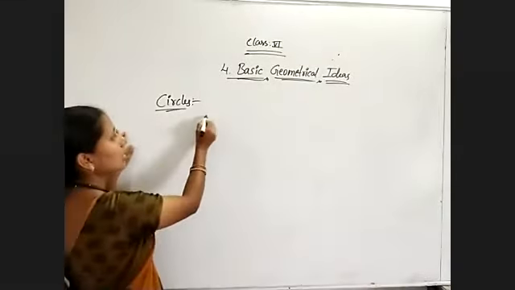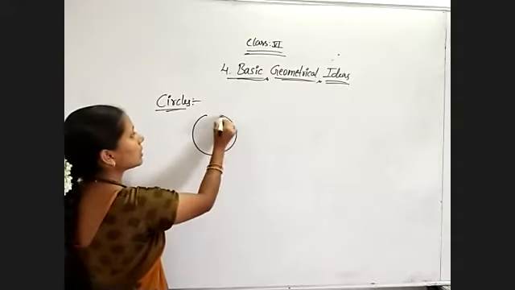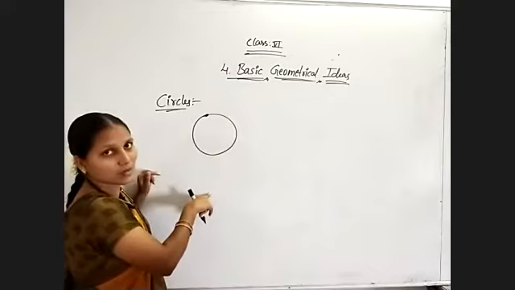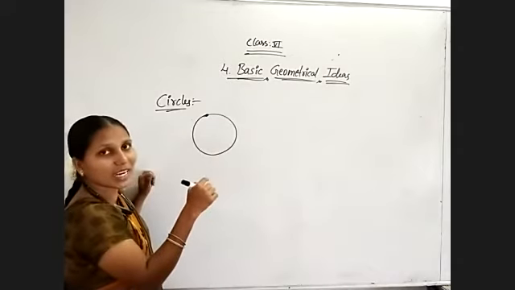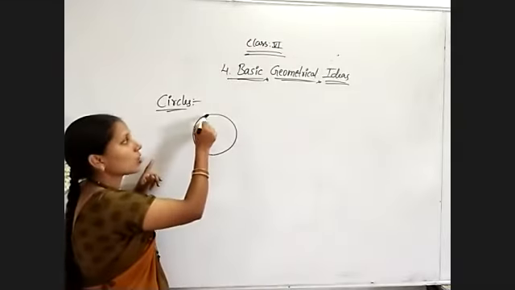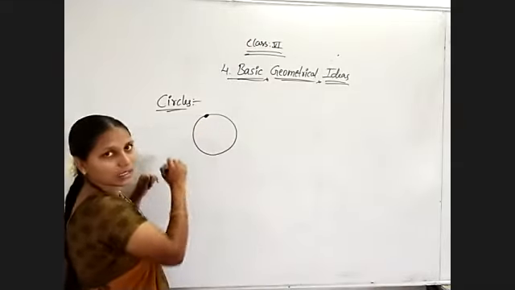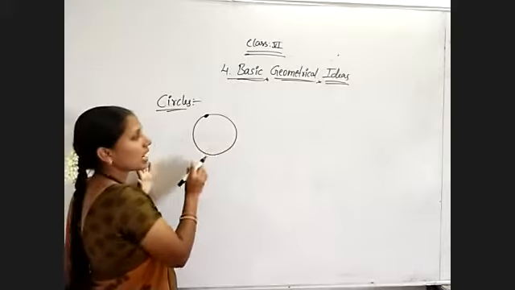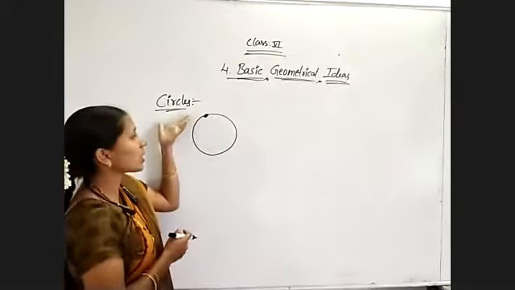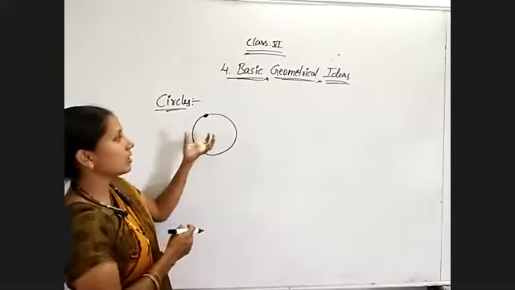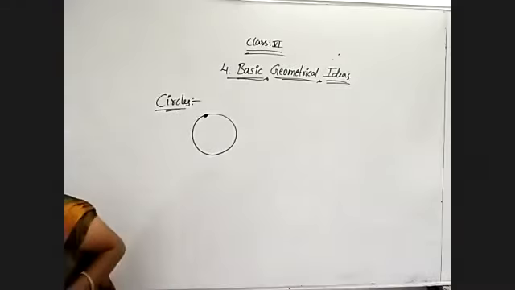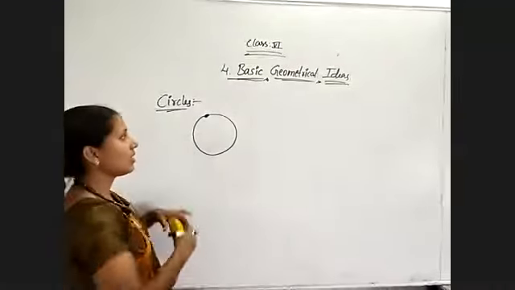A circle is a closed figure made up of curved lines, not straight lines. Observe. Till now, triangles and quadrilaterals are polygons, but a circle is not a polygon. It is a closed figure made up of curved lines. So observe which shapes in our daily life we see as a circle.